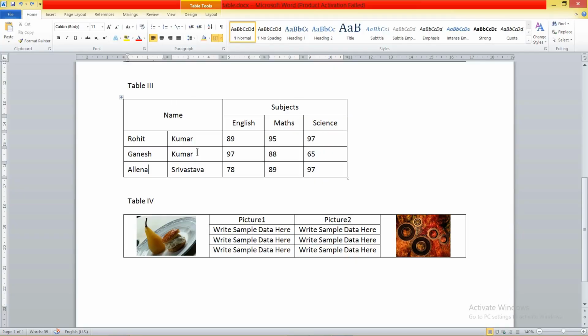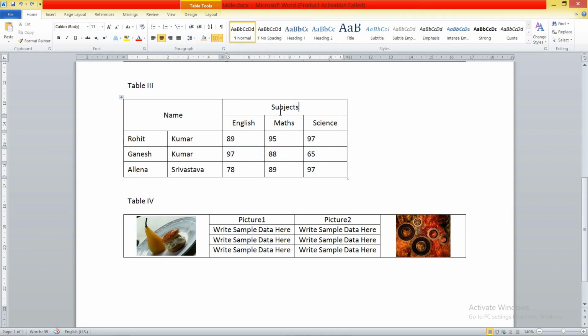It means now we have to set row span and column span over here. If you talk about this subjects cell, how many columns do we have at the bottom of this particular subject cell? This is 1, this is 2, and this is 2, and this is 3.